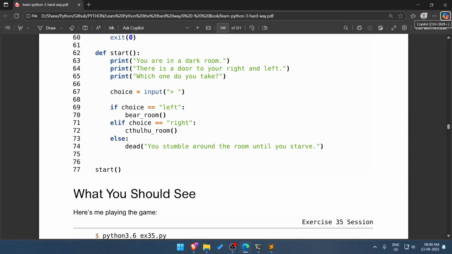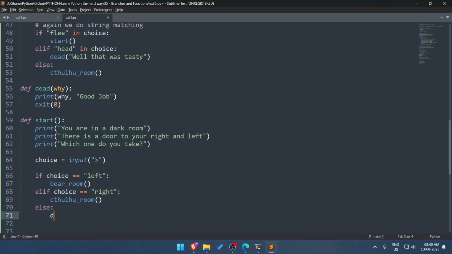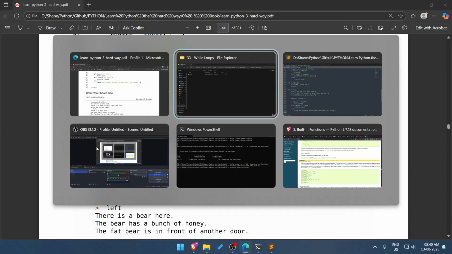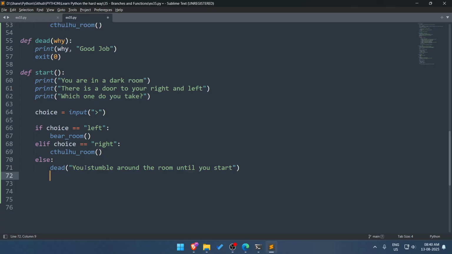Else: "You stumble around the room until you starve." And then we first call the function start.